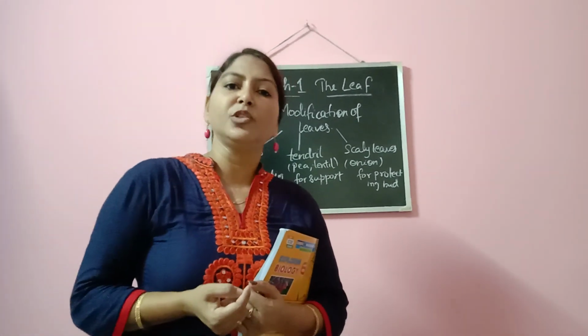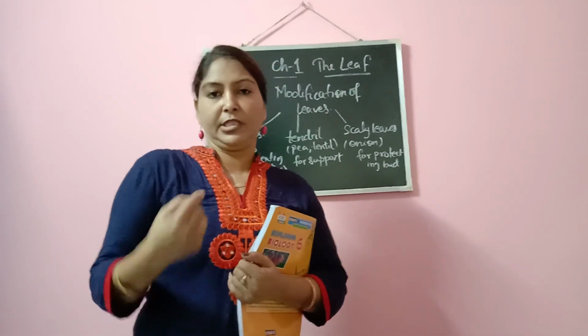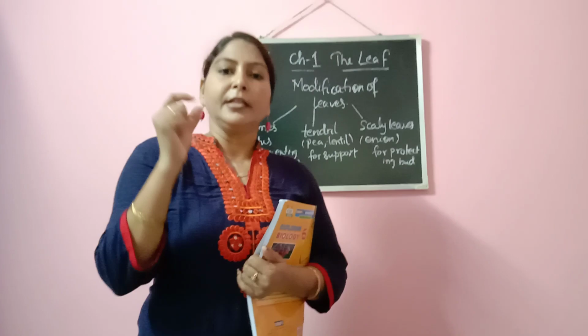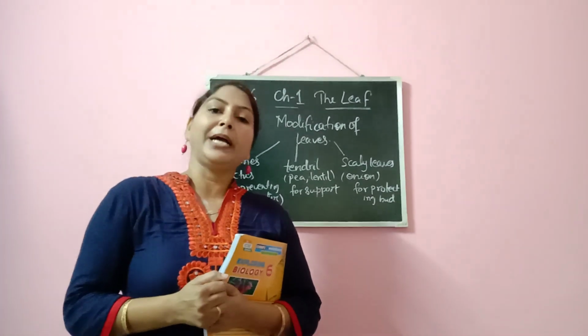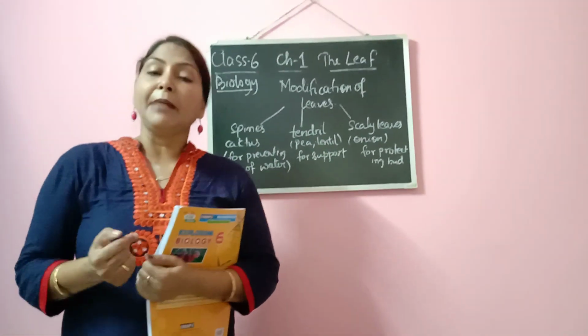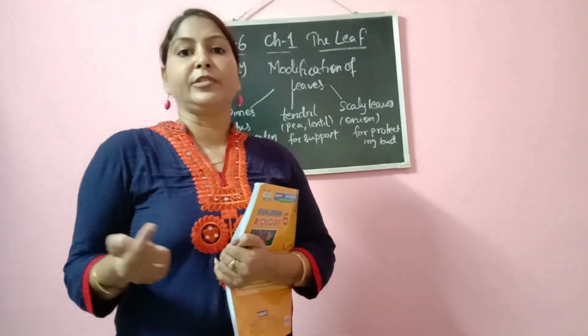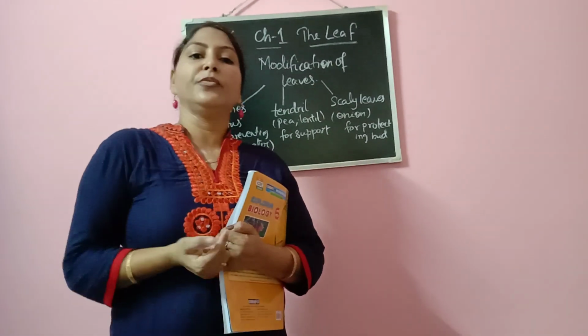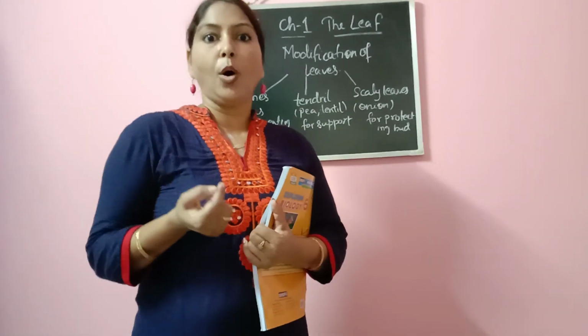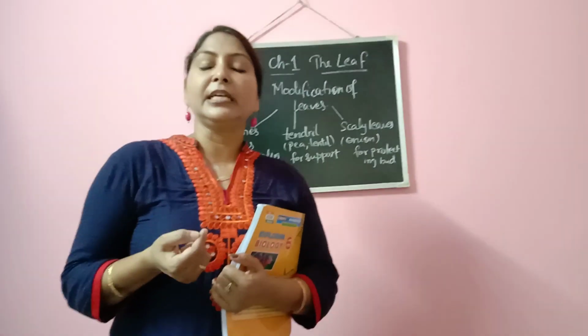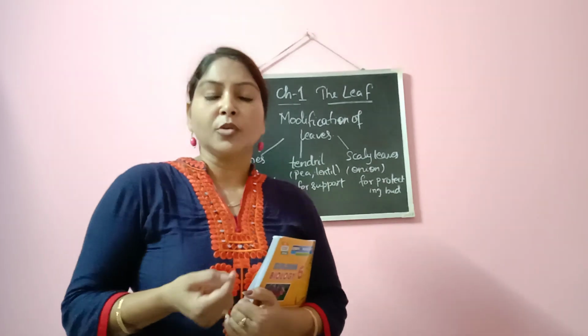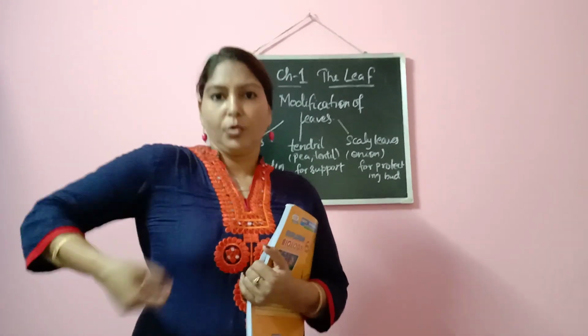Why have they changed into small spines? Can you guess? Can you tell me? I think some of you must have understood why they have been modified into small spines. It is because the habitat of cactus is, they grow in desert, right? And how is the climate over there? It's very arid. That means it's too much hot and dry weather, and so there is a scarcity of water. So these cactus, how will they get the water to grow?